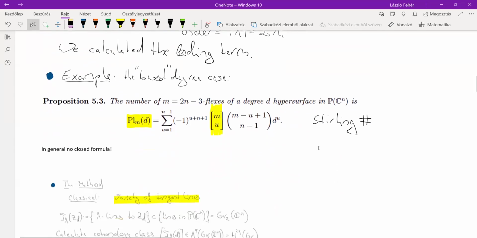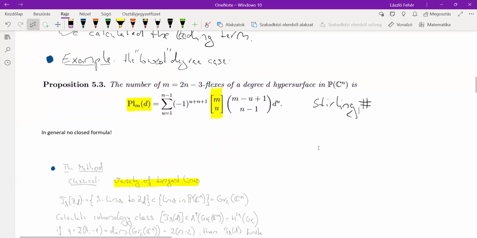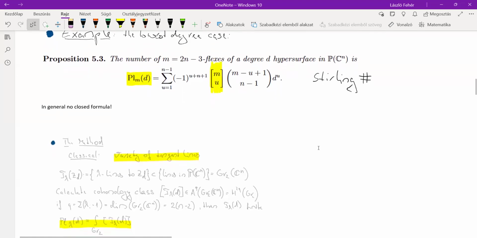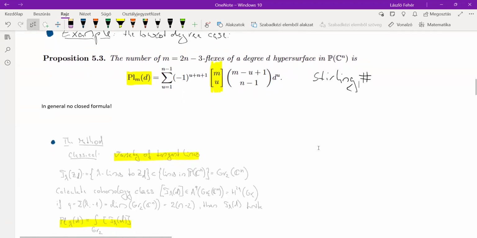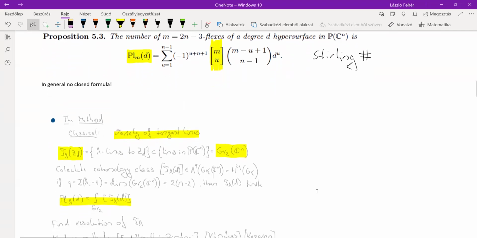Okay, so what is the method? The classical method to work with these Plücker formulas is to define a variety of tangent lines. So I take all the lambda lines of a given hypersurface. This is a subset of the space of lines, which is a 2-Grassmannian. Yeah? And we calculate a cohomology class, or for people who prefer the algebraic geometric notation, the Chow class of